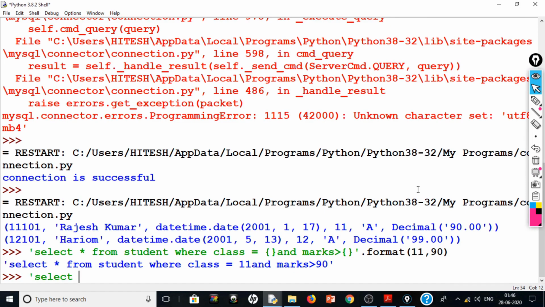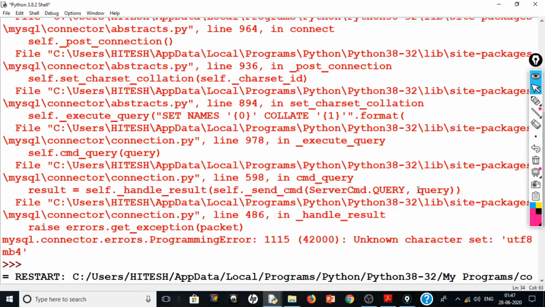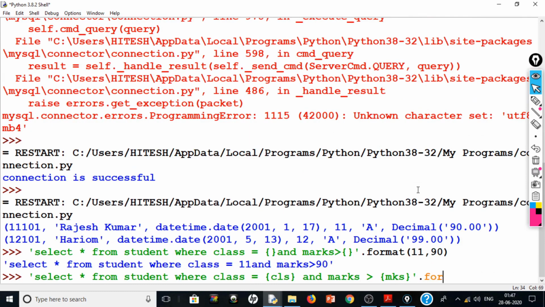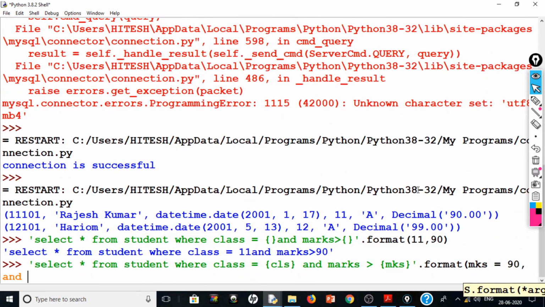Similarly, if we say select * from student where class = {CLS} and marks > {MKS}, dot format MKS=90 and CLS=11.